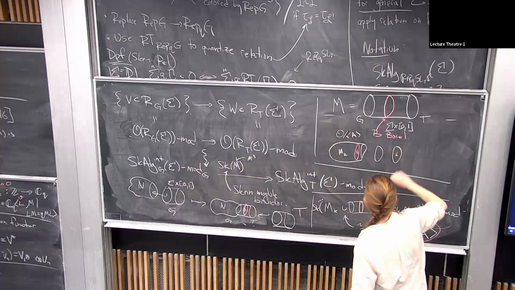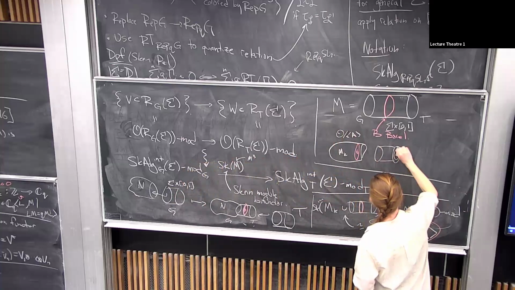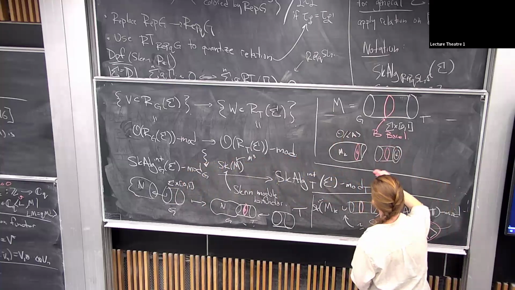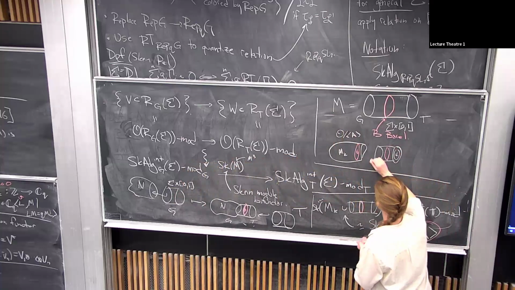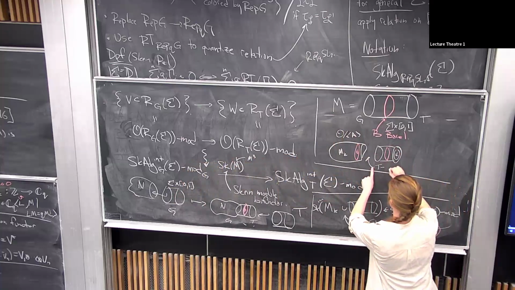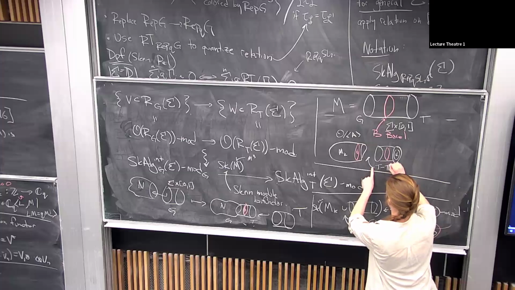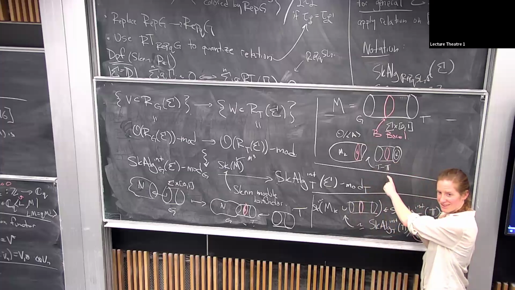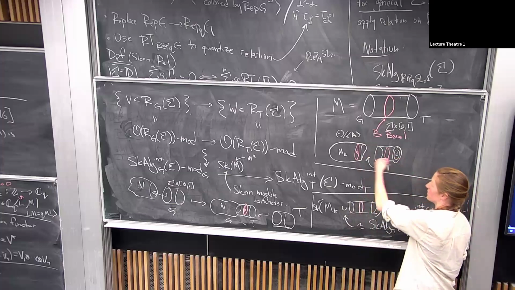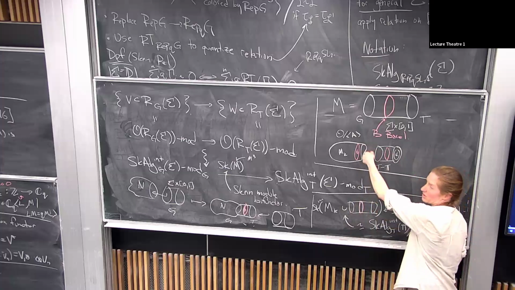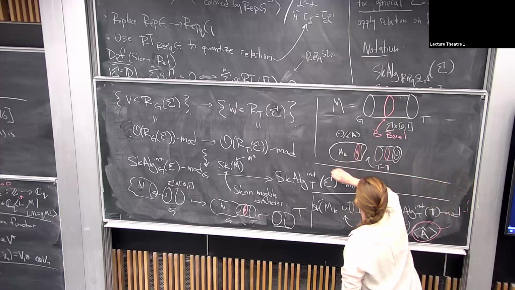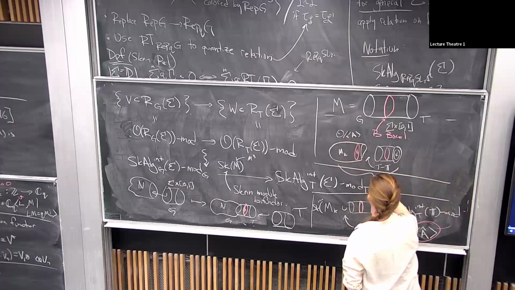If you have this knot, you have this T-colored strand here. You can picture the action on the colored Jones as really coming from inserting something here. So this part here is this, and this whole part is